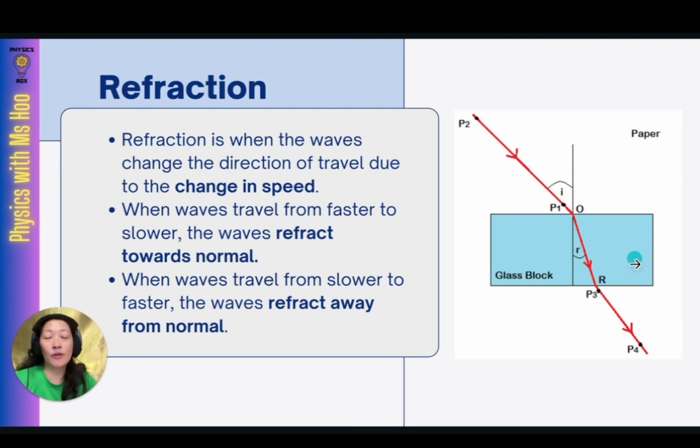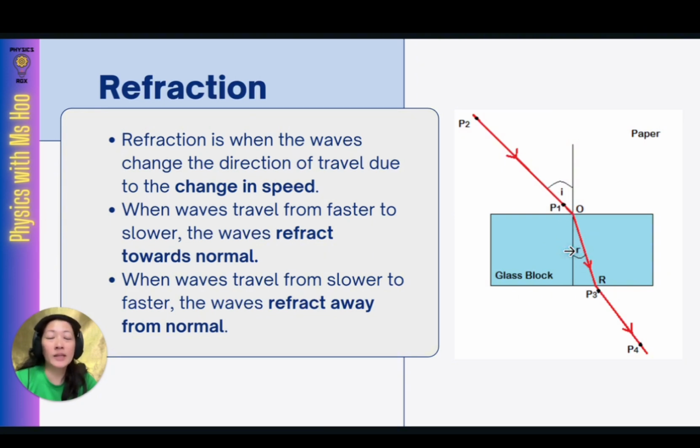The diagram that you can see on the right hand side here is showing us light refraction, where a single light ray is shown towards a glass block. When light travels from air to glass, there's a change in speed. Light travels faster in air while it travels slower in glass. So what you can see here is that when light changes from air to glass, it has refracted towards the